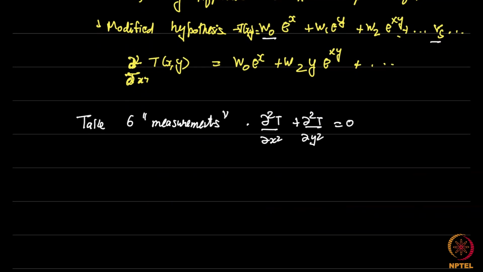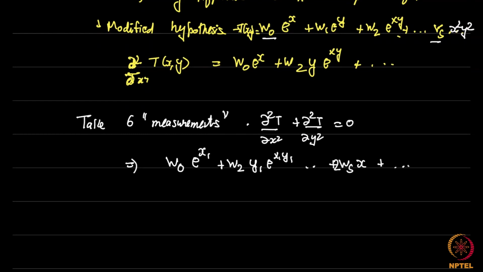So for example, I could get something like W0 e power x1 plus W2 y1 e power x1 y1, so on and so forth, plus W5, let's say W5 was the term x square y square. Then if you differentiate it with respect to x, you'll have something like 2x plus some derivative due to y